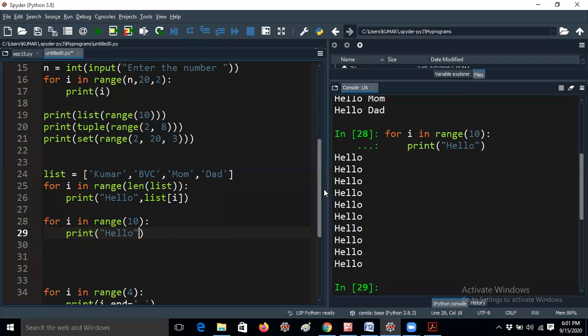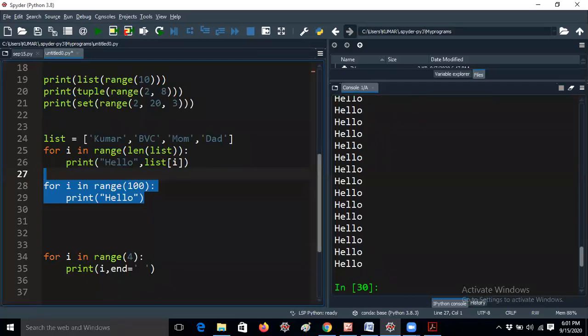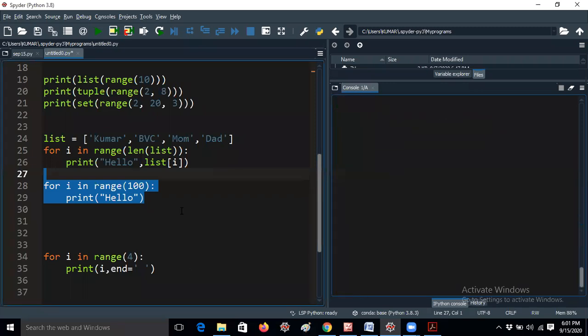Every time I don't want to do it like that. If you would like to print 100 times, you can give 100. It will be printed 100 times also. It's not an issue at all. Just counting 100 times would take half an hour.